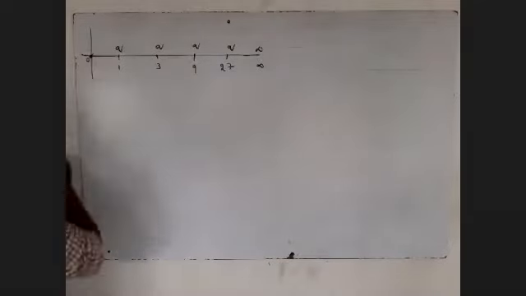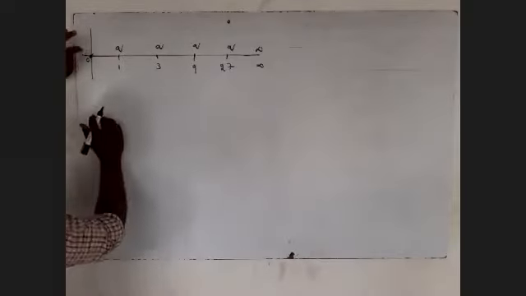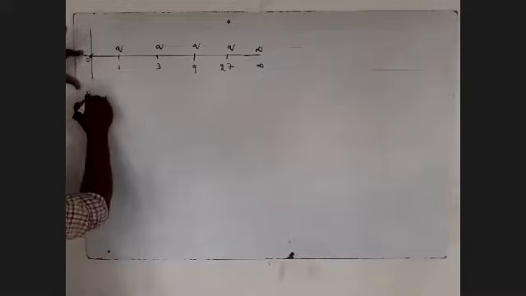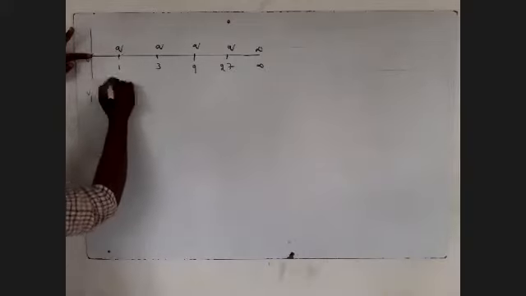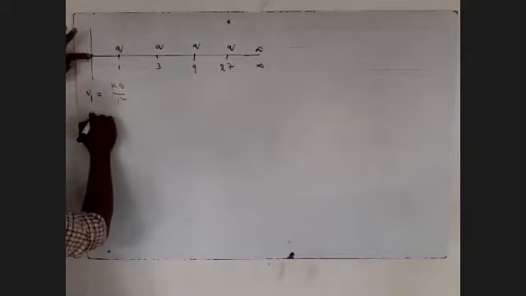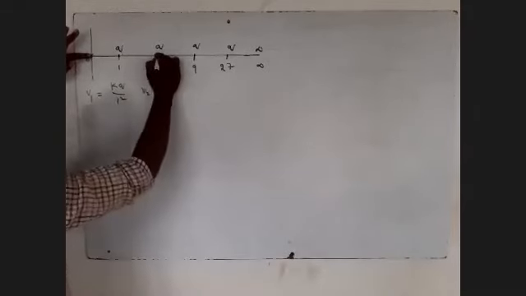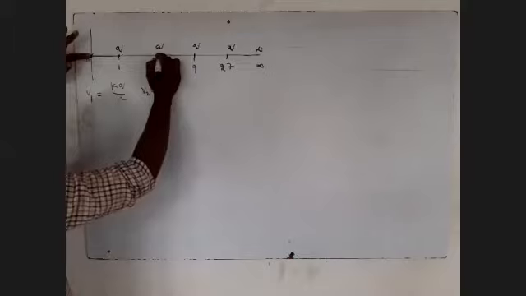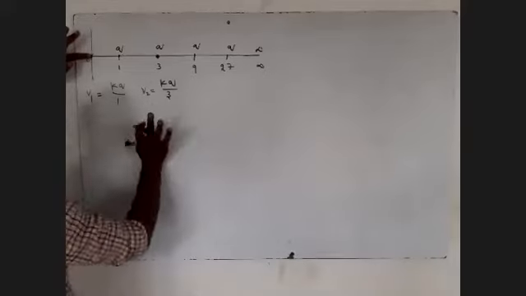At this point, we have to calculate the electric potential due to this charge. It is KQ by distance, which is 1, so V1 is KQ by 1. Next, V2: at this point, we calculate the potential due to the charge, which is KQ by 3, the distance from here to here being 3. So this is V3, what is V3?